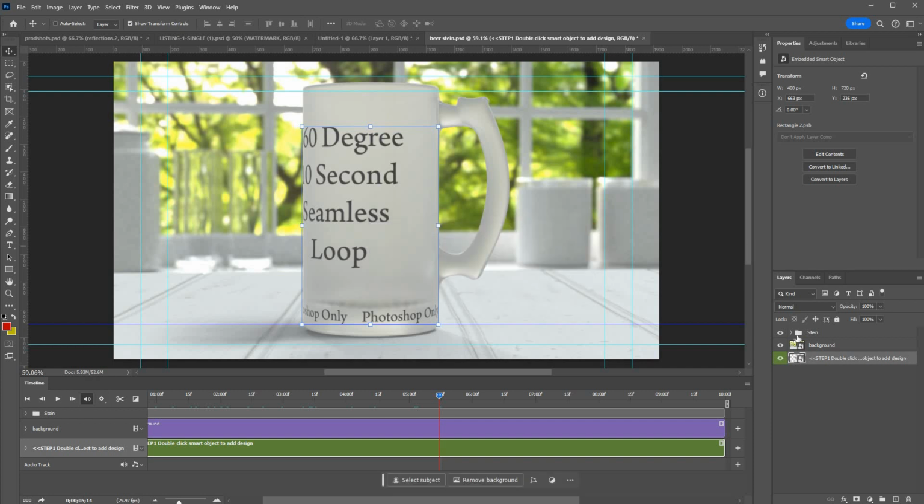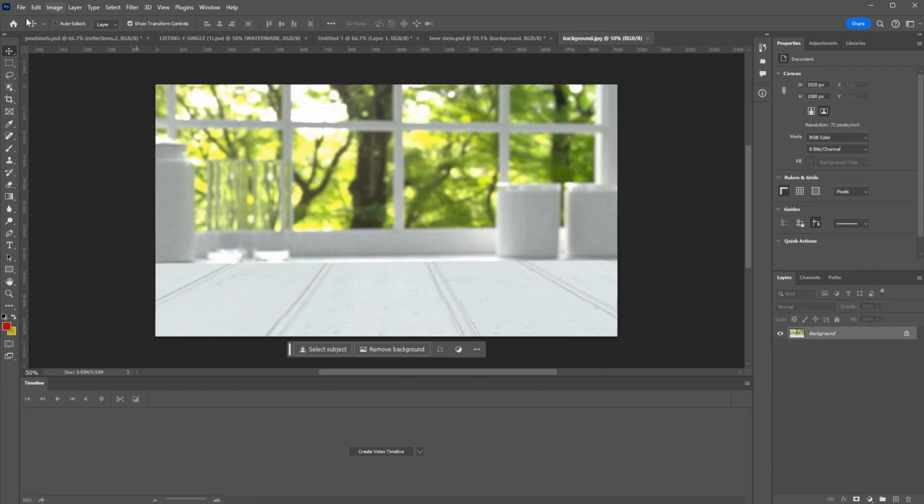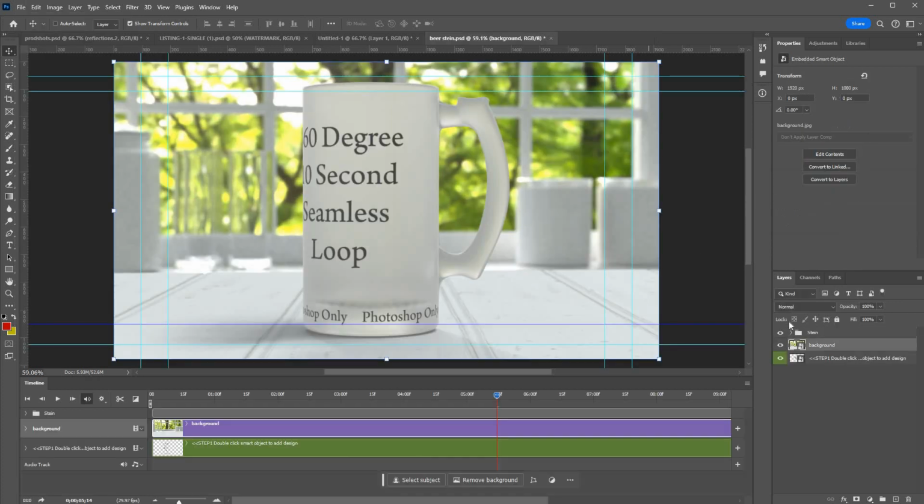Other things to mention are that you can swap out the background. There's transparency there, so you can either just double click this and then go File, Place Embedded, and put your own background on there. You can get rid of the shadow if you want,